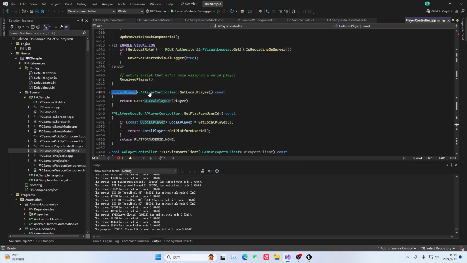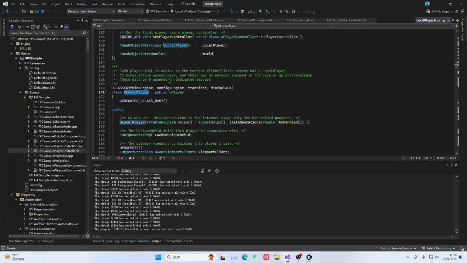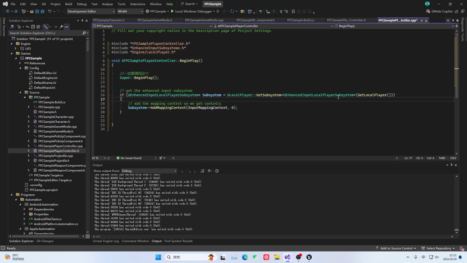You see, and there is an emphasis here. Look here, there will be 0 spawn, meaning it does not exist on a dedicated server. That is, only when the player logs in will there be this local player. On a dedicated server, the player may not have this local player, as it itself says, it will not be spawned on the dedicated server. So you need to understand this. This is a very important concept, but it is relatively low level. So now you know that through PlayerController, you can get the local player. Then pass it into this method to get what we call the enhanced input subsystem. Then register this class. Then this thing can complete such a response.